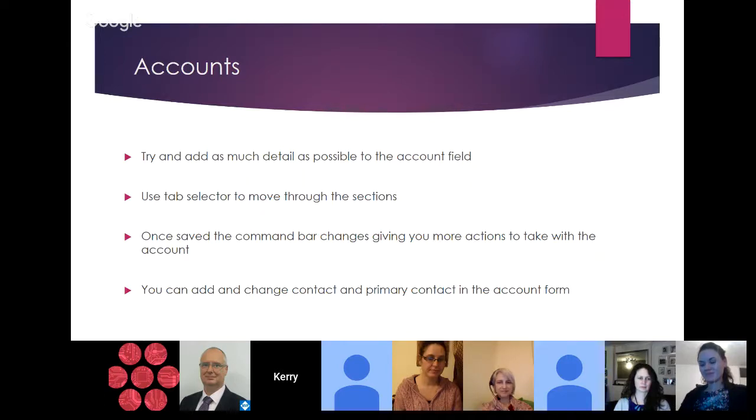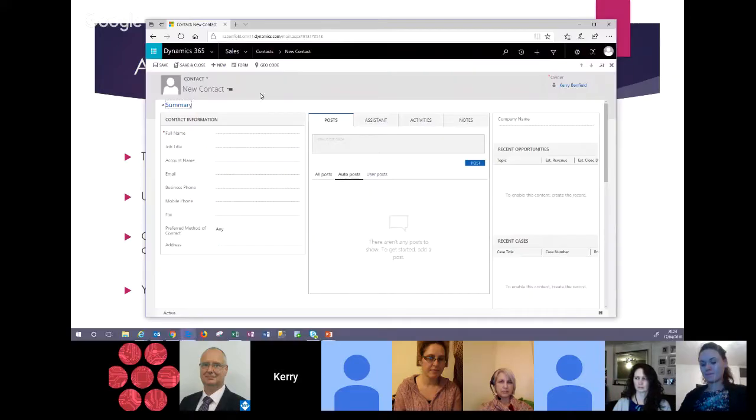Again, like with a lot of forms, once you save the form, the command bar changes, giving you more actions that you can take within the account. And as I mentioned earlier, you can add and change contacts and primary contacts in the account form. So if I quickly move back to my instance